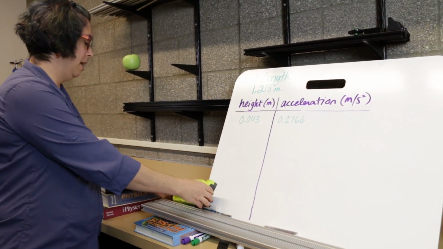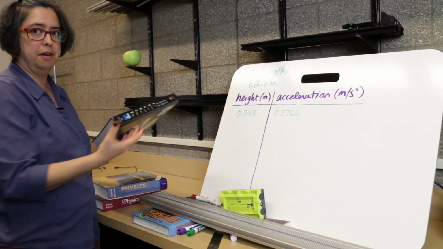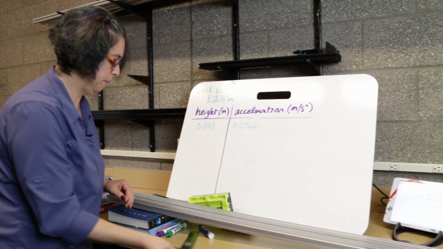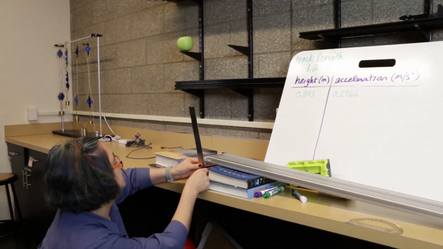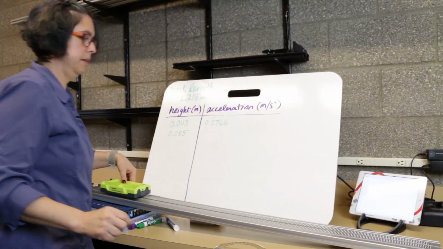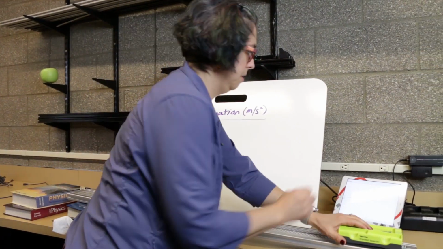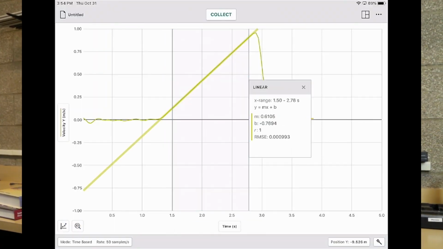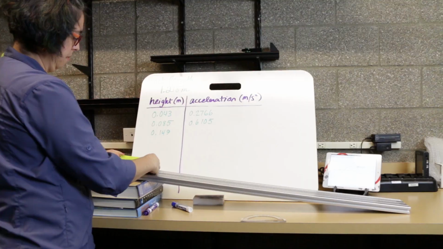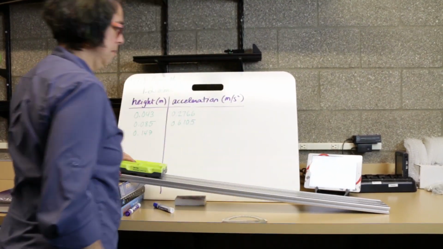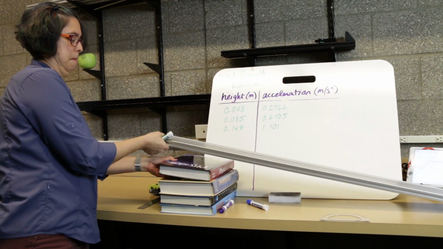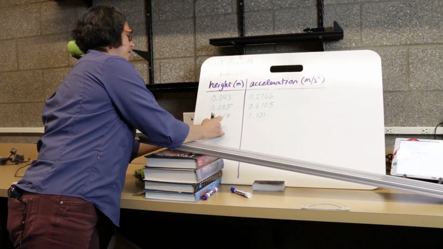I'm going to do my next angle right now using the time-honored physics teacher method of using textbooks for their intended purpose, propping up ramps. The height here is 8.5 centimeters. Collect a new set of data. 0.6105. Let's get another angle here, 14.9 centimeters, 1.101, 19.8 centimeters,